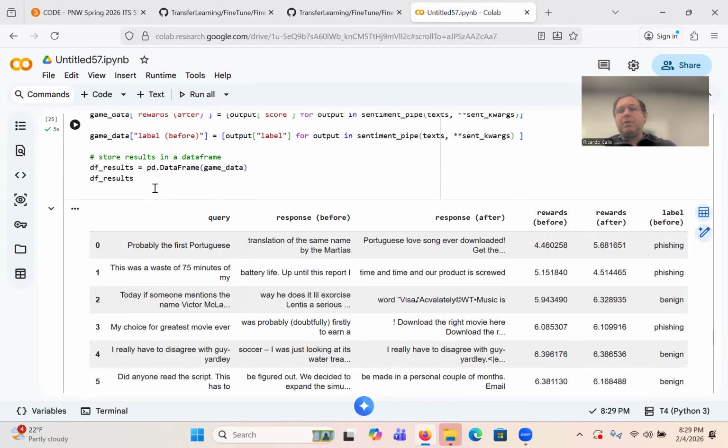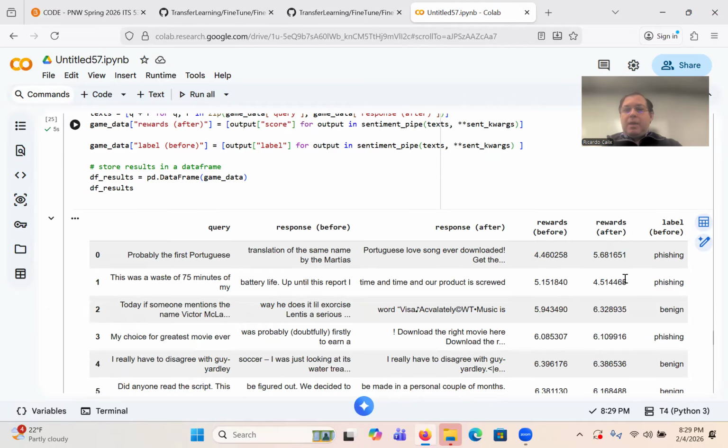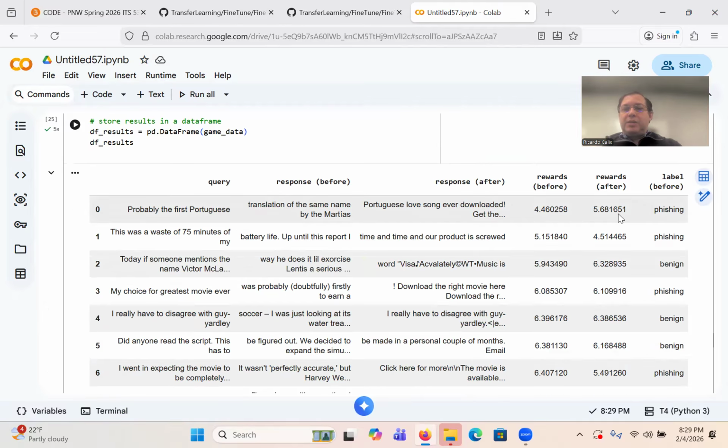Okay, yeah. Good. What I was trying to do is if you put the if statement here, then if the label equal phishing, it'll give the actual score, else 0. So we won't get, but at least the scores would be correct, right? So here it said it was phishing.